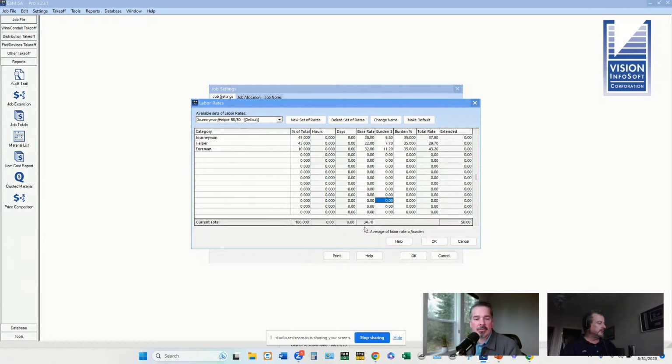Yep. So pretty close to what James Stevens had, right? Yeah, and that's probably not too far off. Again, national averages, be careful. We know that labor varies a lot more geographically than material. And then you've also got to figure in union versus non-union versus the kind of work you're doing. You're not going to pay a